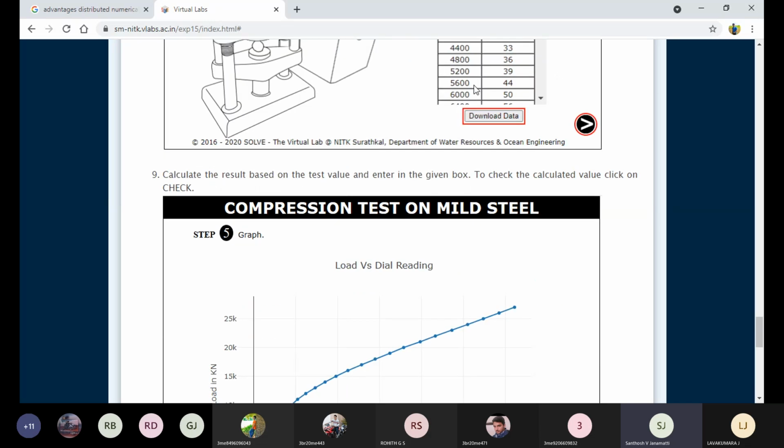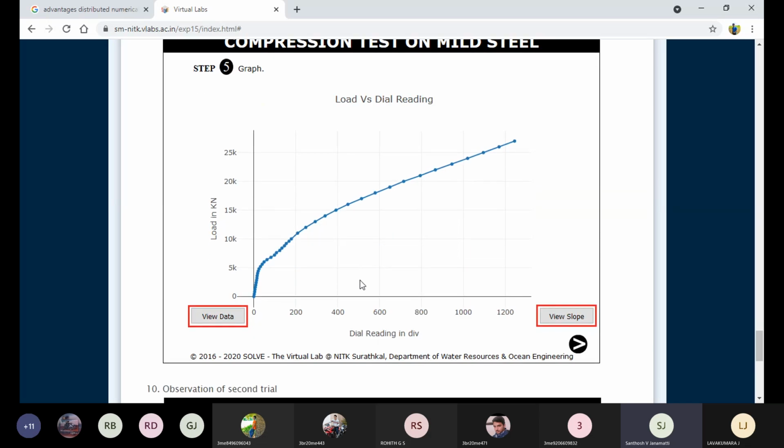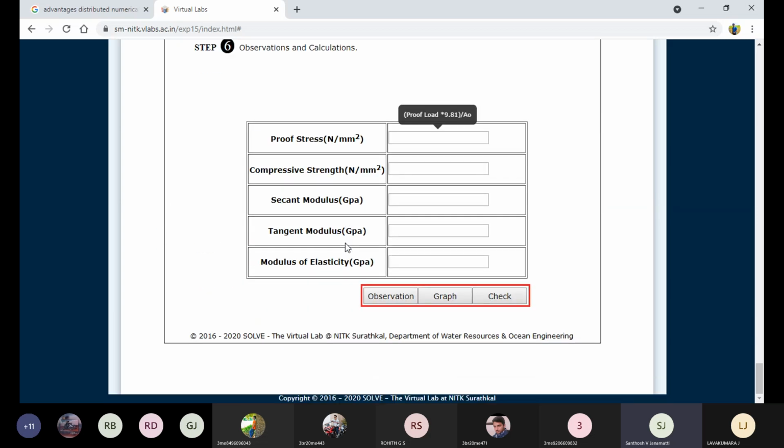When we start plotting the graph with these two values, it will be in a semi-curve shape. Sometimes we can get a total circular form. Some plastic or rubber materials give a curve like this, a semi-circular or circular type of graph. That is what we call a curve, or too many curves. Whenever a material shows such curves, we apply the tangent modulus and secant modulus. Why do we apply the tangent and secant modulus?